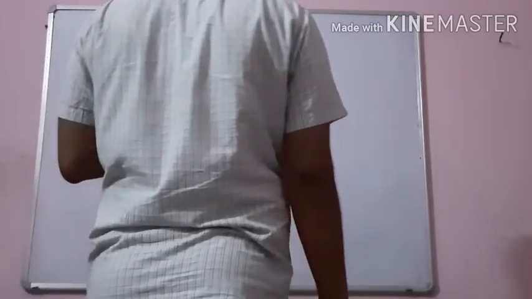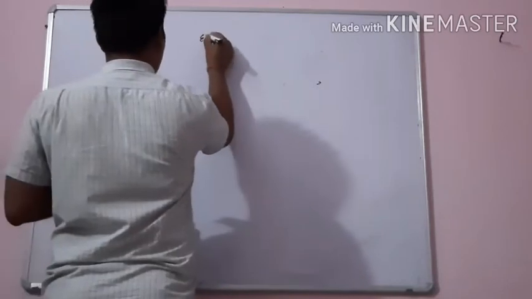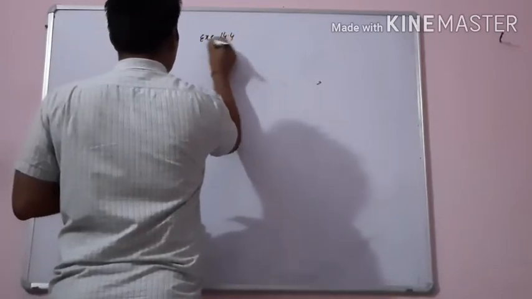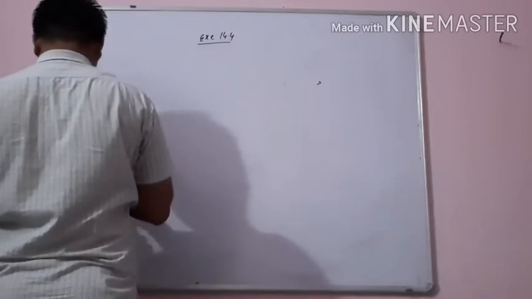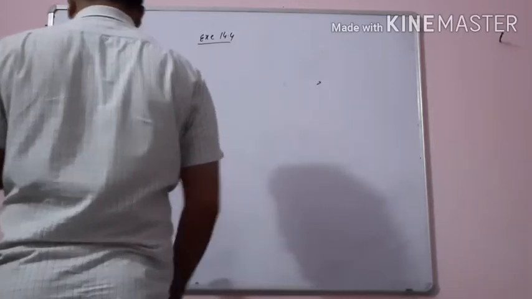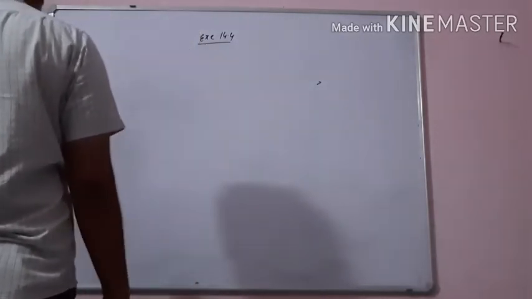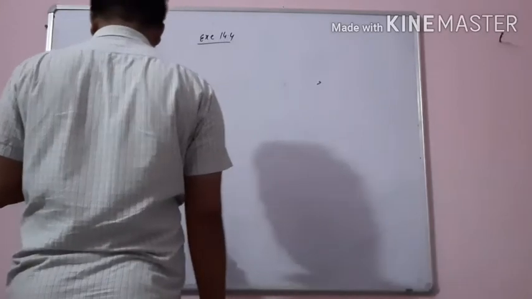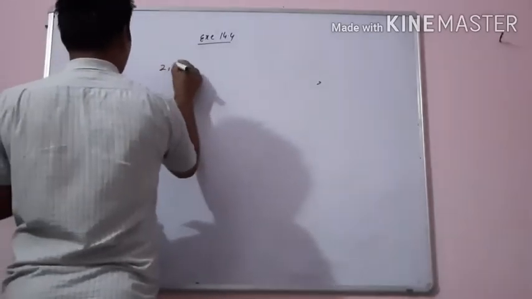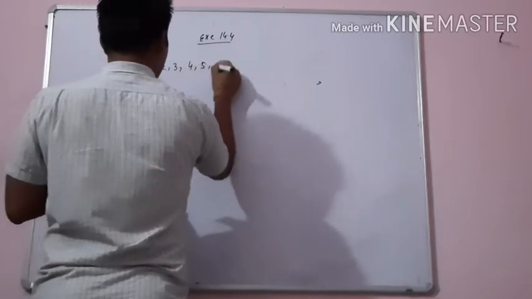First question, exercise 14.4. For the following number of goals scored by a team in 10 matches, find the mean, median, mode of this score: 2, 3, 4, 5, 0,